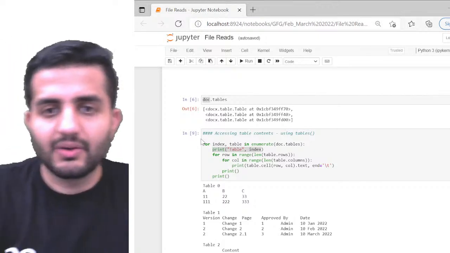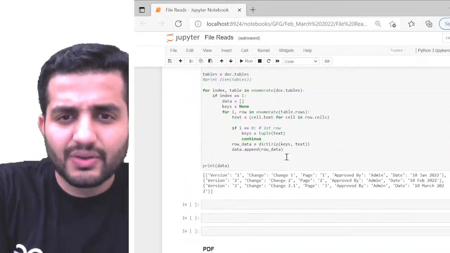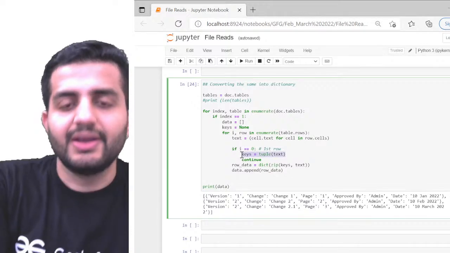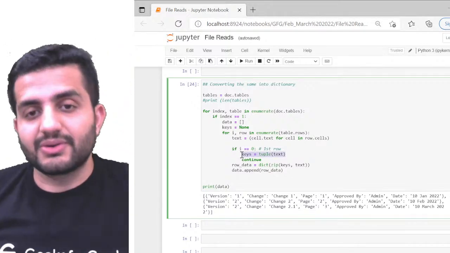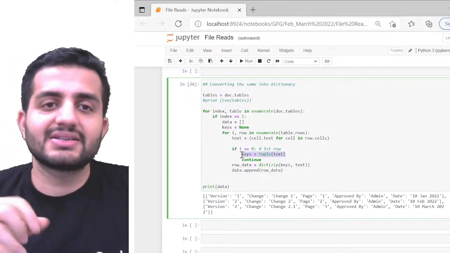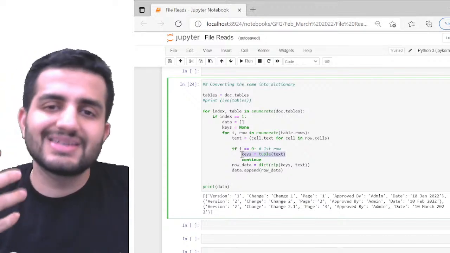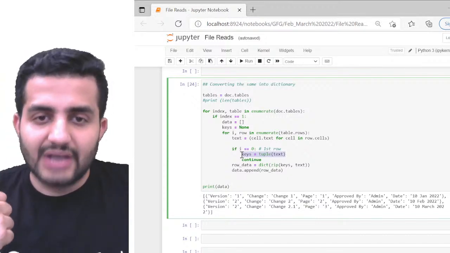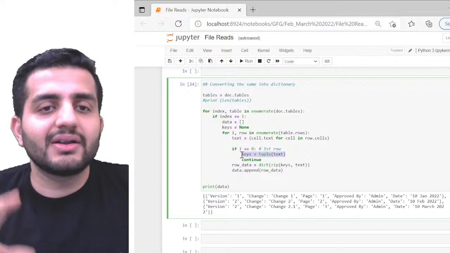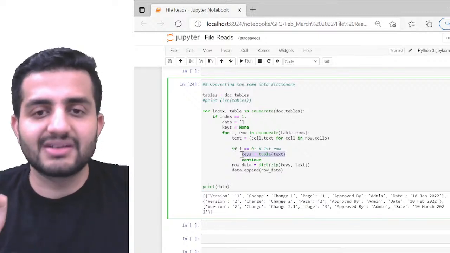Why do we use a tuple? Okay. I think we must have used a tuple to create the keys, right? Yeah. It's a very good question, and a very classic example. I told you, tuples and lists are sequential data types, and they have their own usages and benefits. Here I want this text to not be mutated. I want the keys to be as they are, right?